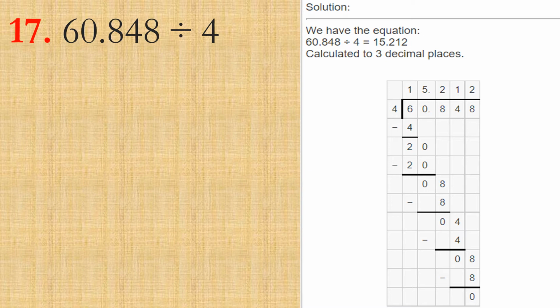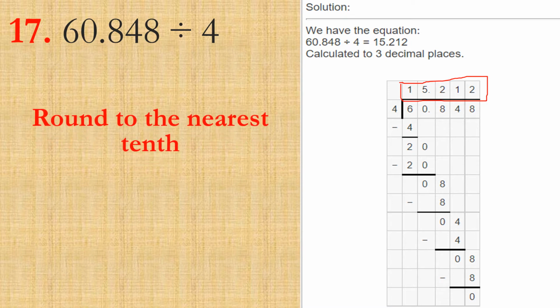Okay, so if you're going to divide that one, the answer will be 15.212. Okay, so since the instruction says round your answer to the nearest tenths, we're going to round our answer, which is 15.212, to the nearest tenths, wherein the answer is